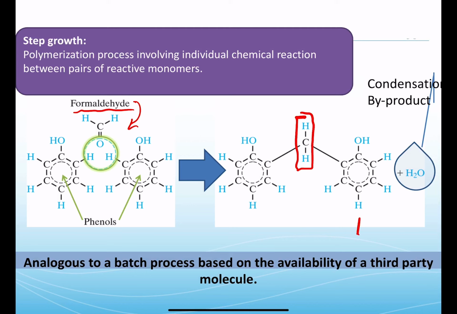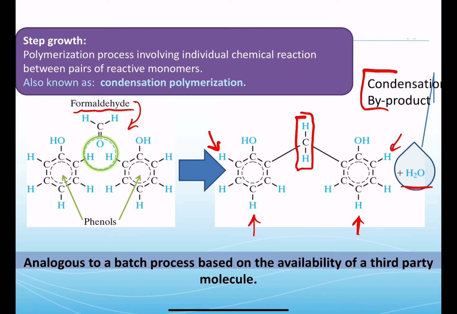We might expect a similar reaction here and here, even here and even here. And so we can build molecular weight very, very quickly given how many reactive groups there are at the phenol site. Okay, because we've eliminated water, and you might expect an appropriate term for that could be a condensation byproduct. This step growth polymerization is also known as a condensation